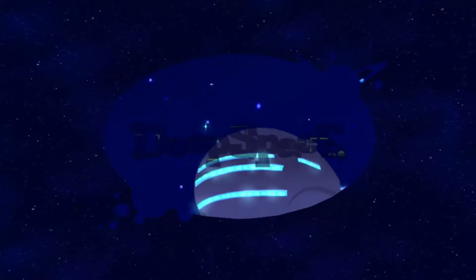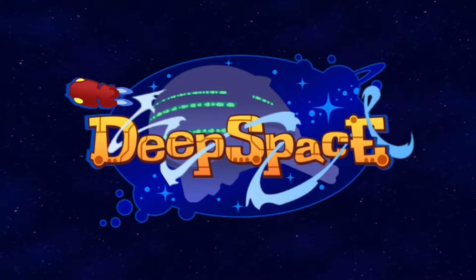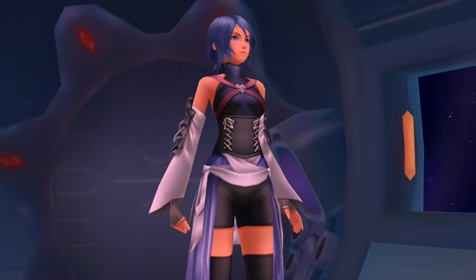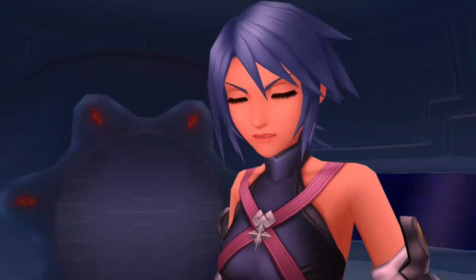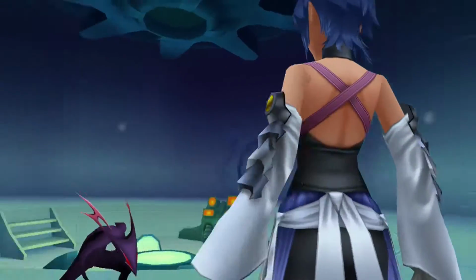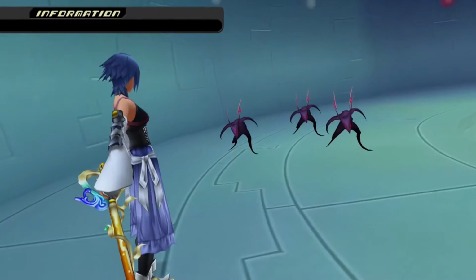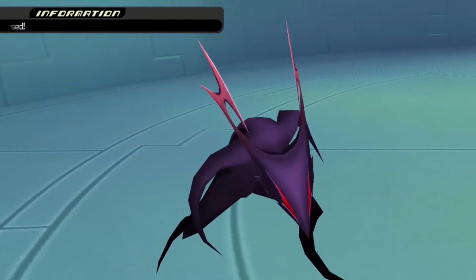Meanwhile, in the deep space. Beep boop bop bip. Beep beep. Well, that was quick. Is there any world they haven't found? What do you think, Aqua? Like, what do you actually think? Eliminate all the unversed. Okay, sounds pretty simple. And with that...